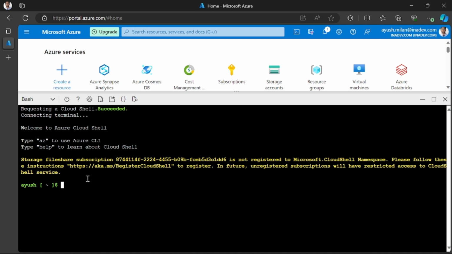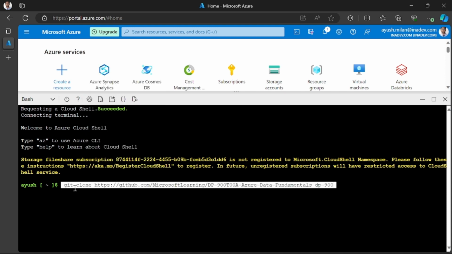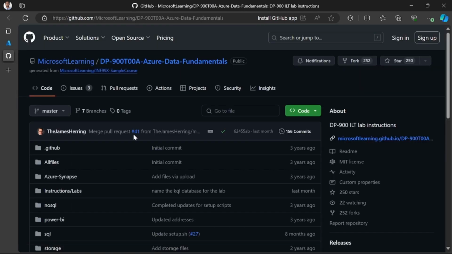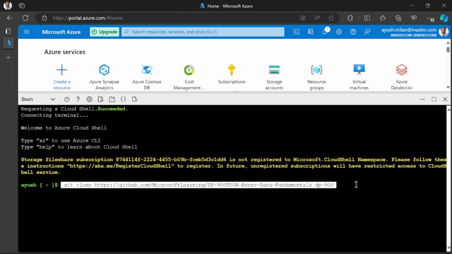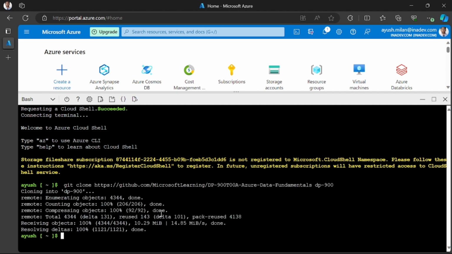After you log into your Azure Cloud Shell, just type this code, which is Microsoft DP Learning Azure Data Fundamentals. This is the GitHub link of that. So just clone this repository in a folder, DP900. Then go to the DP900 folder